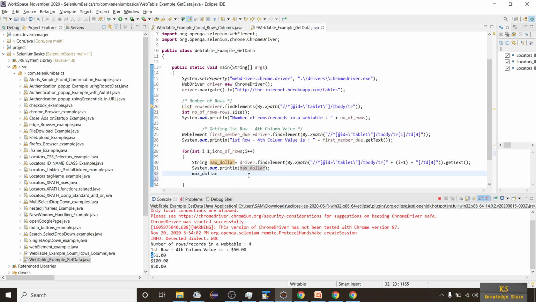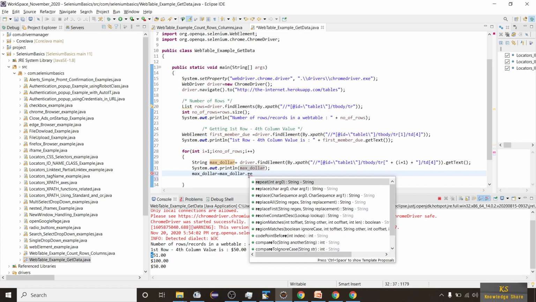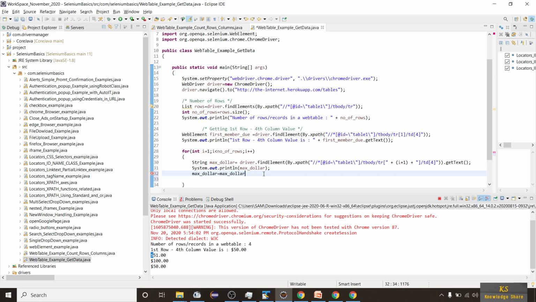Just store maxDollar is equal to maxDollar.replace(). You can see here it's accepting two arguments. The first argument will be the character which you want to replace, and the second argument will be the character which you should replace it with. So I want to replace dollar with an empty string, right? So I'm just giving the empty string.